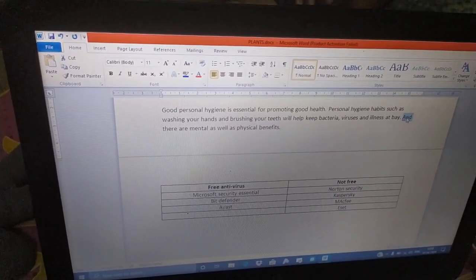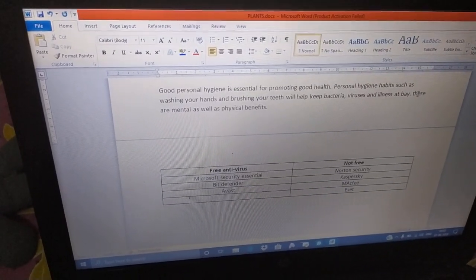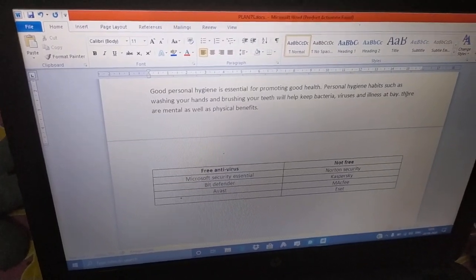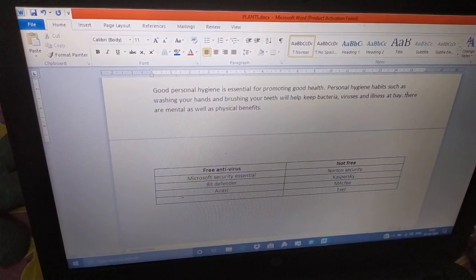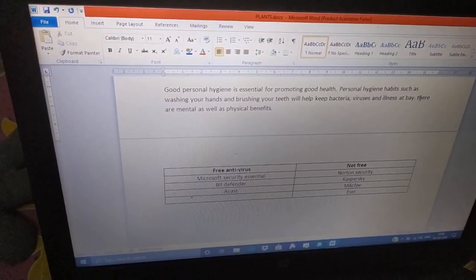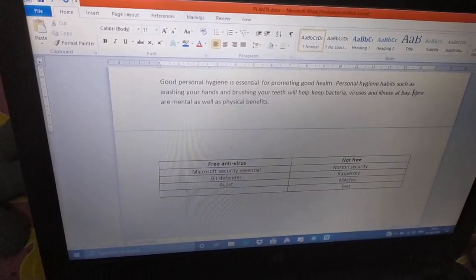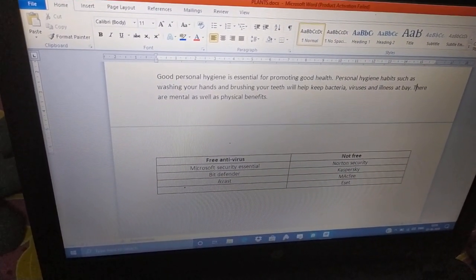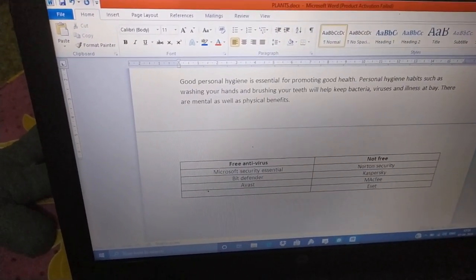So double click it and it will be selected and press delete. Then change the T to capital T in the next word. The small t of there will be, for that I am pressing the delete key once and then pressing the shift key and T, and the T is written as capital.